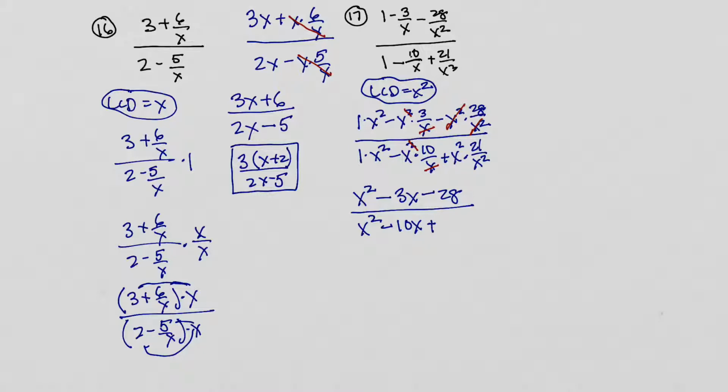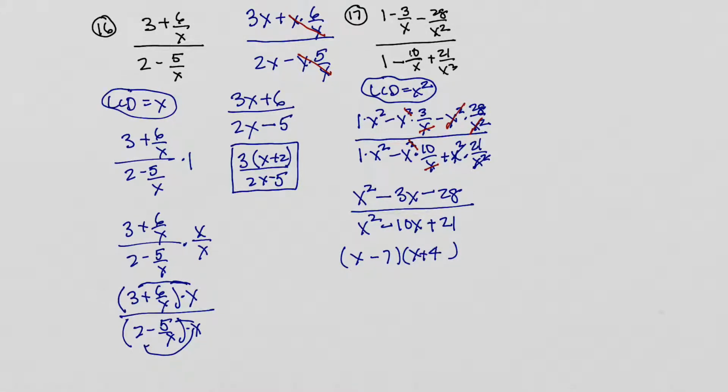That's going to be a plus, and then this x squared cancels with that one, and we're left with plus 21. Let's see what we get here now when we factor. So how about x and x? I'm thinking, for that 28, a 7 and a 4. And the 7 is going to be the negative: negative 7x plus 4x is negative 3x right there. All over,